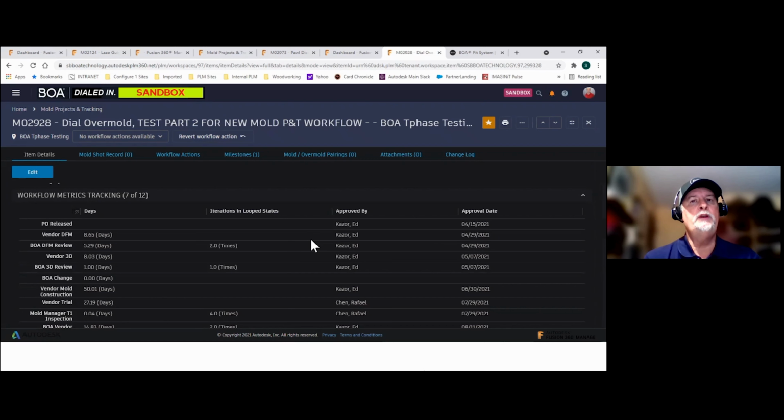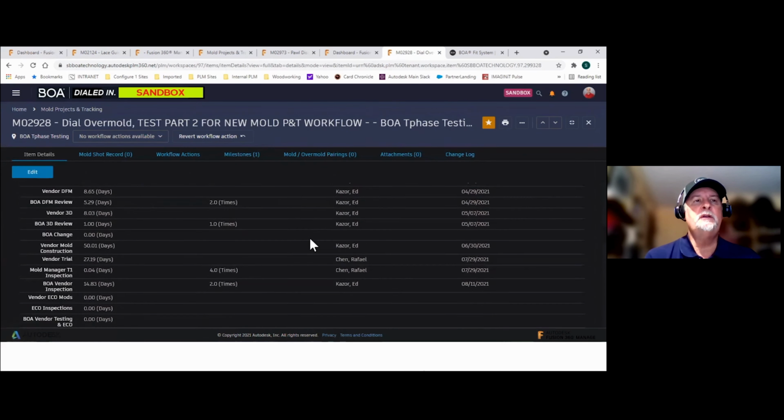In the second column, we have workflow loops where, if a mold fails an inspection process during construction, we send it back a state. And once we think that repair has been done, it is resubmitted for re-review. Well, we count the number of iterations that these loops are triggered in the workflow. Lastly, we find when that mold finally is approved in a given state, who approved it and when.